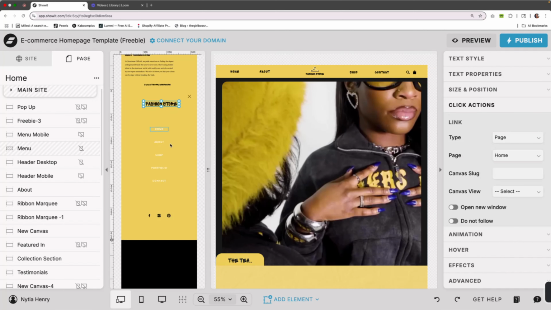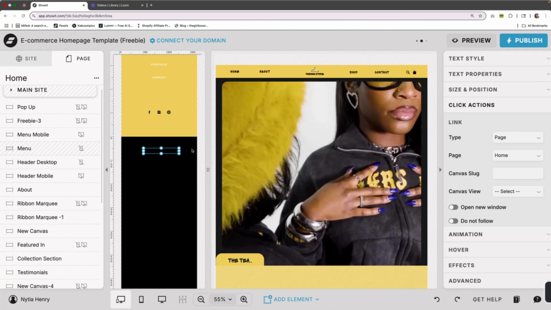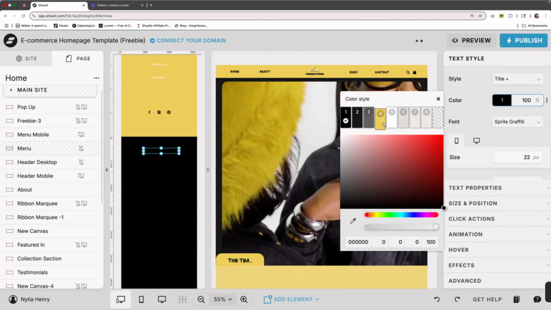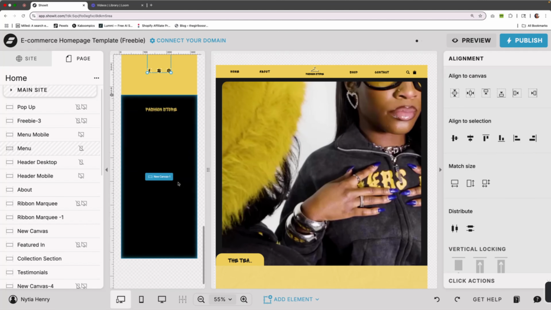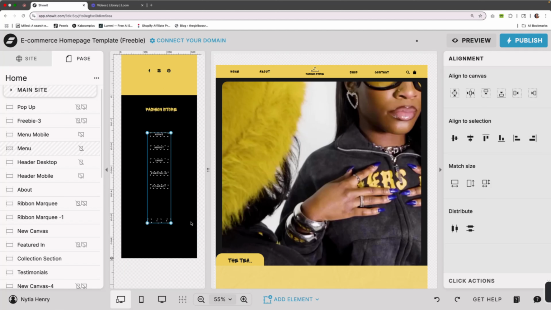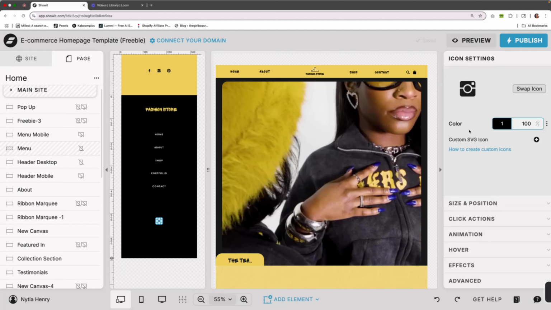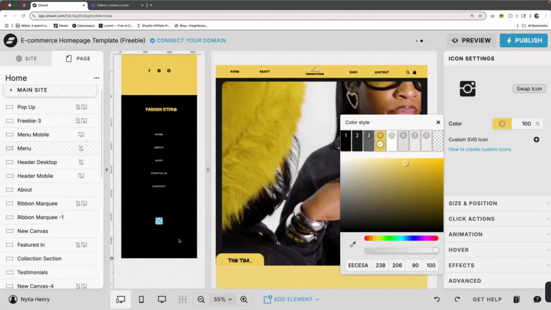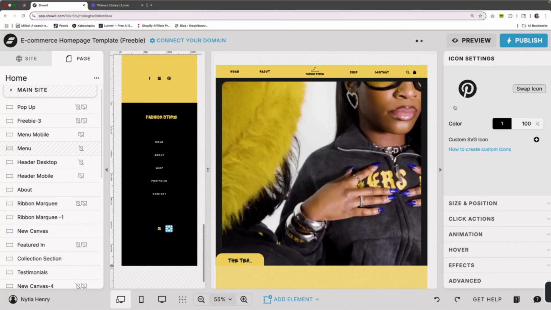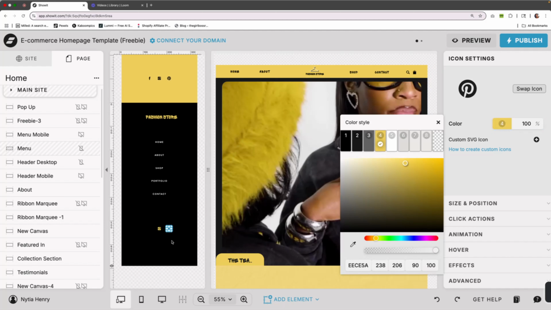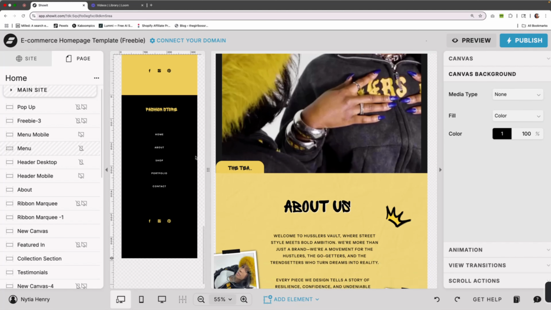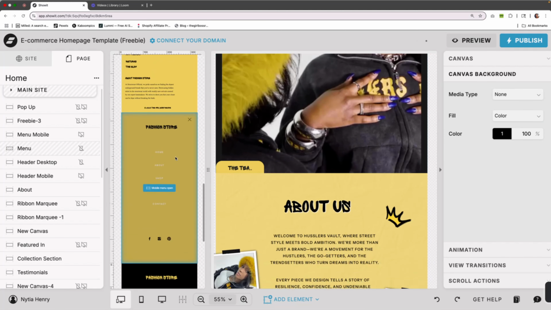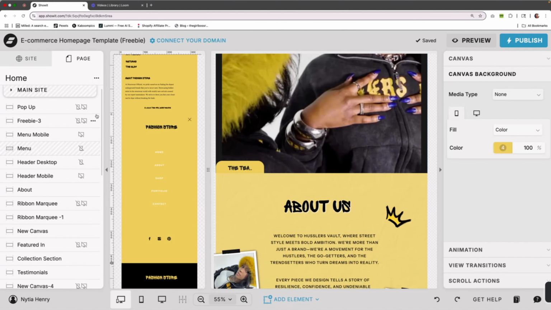So I'm just going to get the logo. Let's change the logo so you can see it. I'm just going to copy this and paste it here and change the colors. Okay, so this is the menu. I actually like this color. Okay, so we're going to